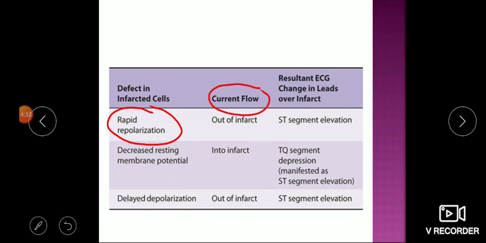That will give ST segment elevation in the leads near the site. So this is the prominent sign of myocardial infarction. If you are getting ST segment elevation, this will indicate a myocardial infarction. In others, you get T wave depression. So this is usually in the lead opposite to the site. For example, if there is elevation in one lead, in the opposite lead you get a depression.